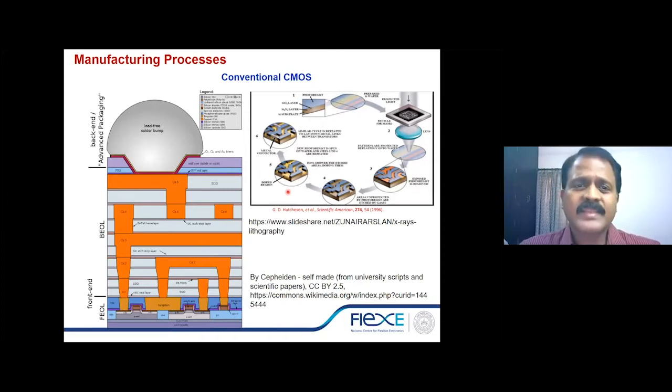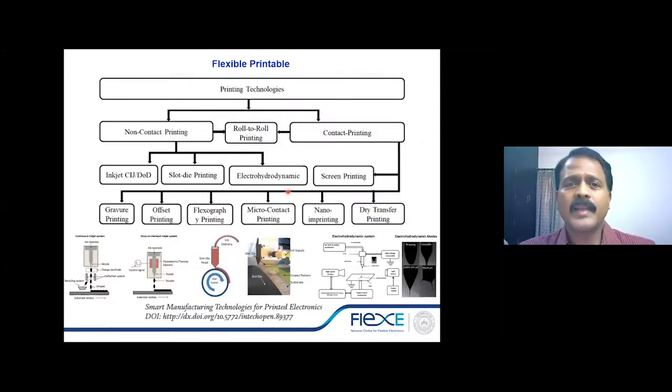But as far as flexible electronics are concerned, and especially flexible printable electronics, the processes are different. When we talk of flexible printable electronics, we print the different circuits just as we print on paper using a regular printer. That's the philosophy of it. In a regular printer, we have ink, which could be of different colors. We have a color printer, and we give a command. Then different features and shapes get printed on the paper, and we obtain the